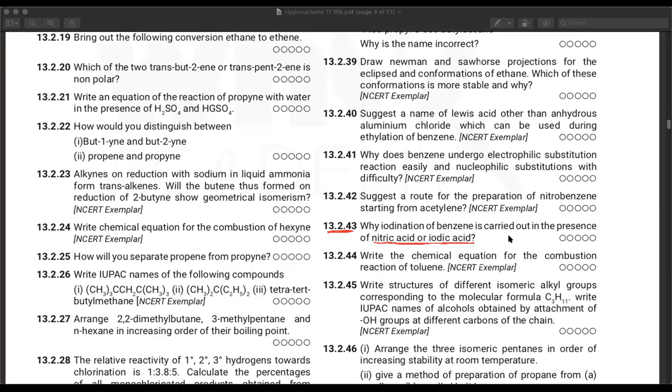Ma'am, is it because it requires an acidic medium? So why does it require? No, it's not because it requires an acidic medium. Why specifically this? Maybe it helps in displacing the hydrogen from the bond. That is one. So what's the primary purpose of taking a reagent like aluminium chloride in chlorination, nitric acid in nitration? Electrophile. Yes.